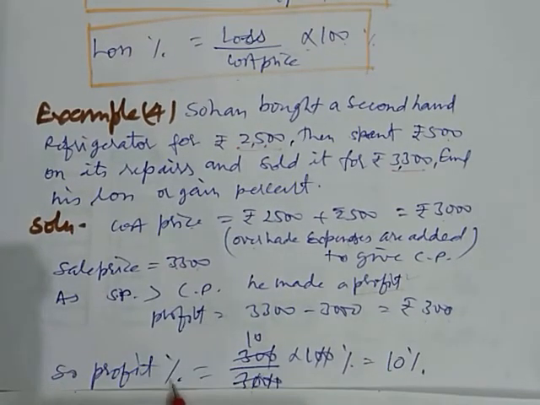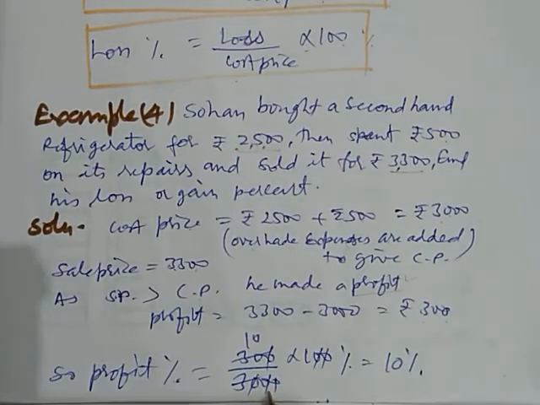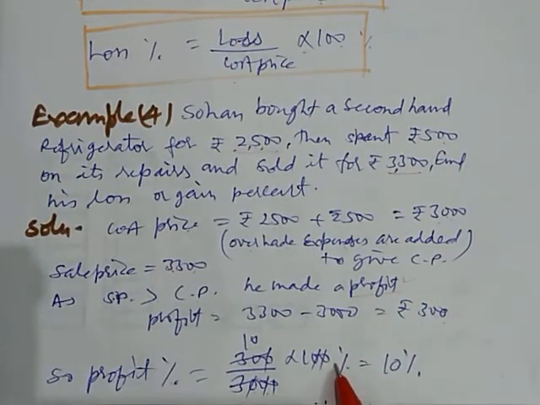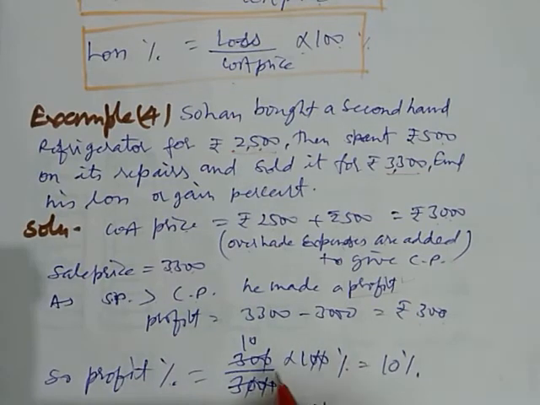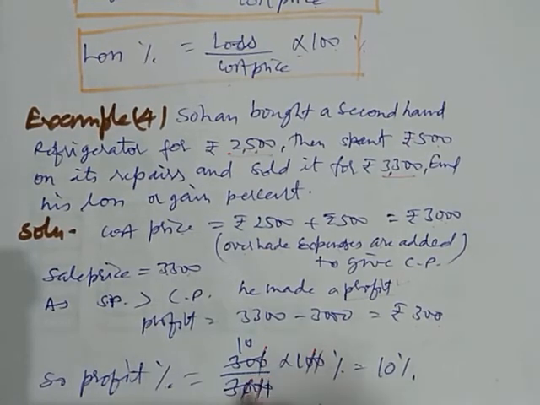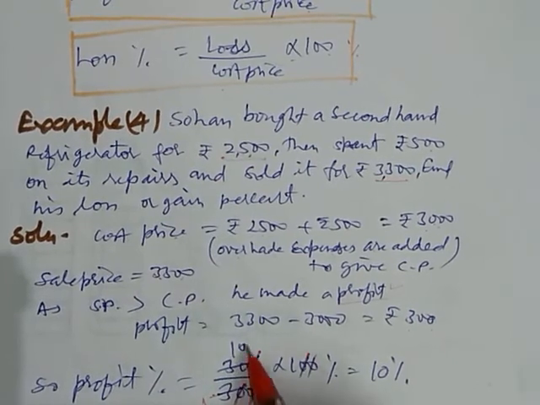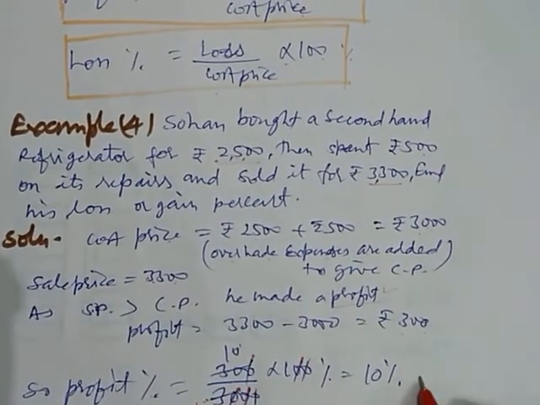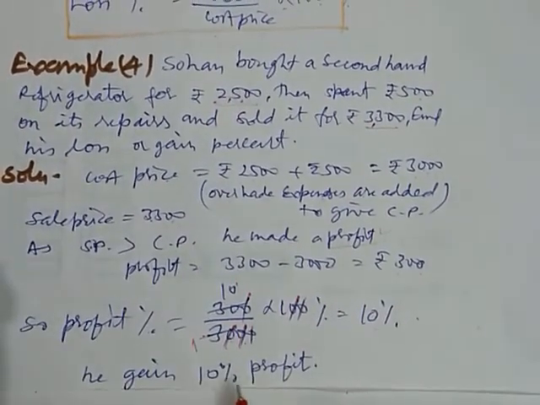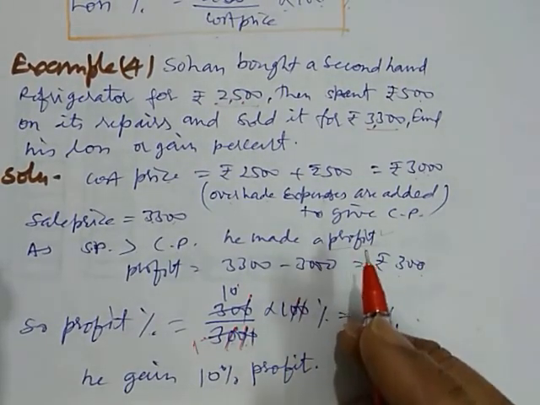Now we have to find the percentage profit. That is 300 divided by the cost price, that is 3000, and by multiplying by 100 we convert it into a percentage. This zero cancels out with this zero, and this with this zero, and this with this zero, and we divide by 3 one time and this by 10 times. So 10 is the percent. So profit percentage is 10. So he gained 10% profit. So this way we can solve our problems.